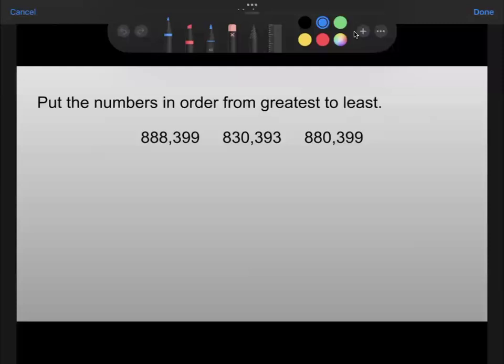Okay, here is our next one. We're going to put these numbers in order from greatest to least this time. So that means the greatest one goes over here and the least or the smallest one goes over here. Okay, let's go compare our place values. They all have a hundred thousands place, and this one has an 8, an 8, and an 8. Okay, so those are all the same. Now, if we look at the 10,000s place, we have an 8, we have a 3, and another 8. Well, since that 3 is smaller than the two 8s, that would make that my least number. So I'm going to place that number over here,